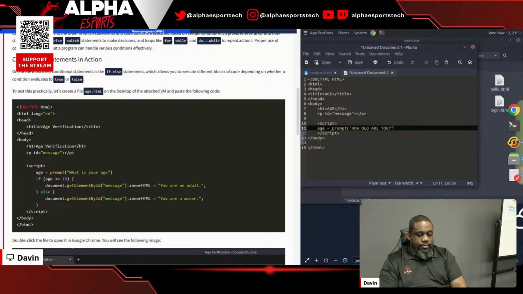Close that out. Now we'll go ahead and say if the age that we just created, actually we need to put in parentheses, so if the age variable that we just created is greater than or equal to 18,